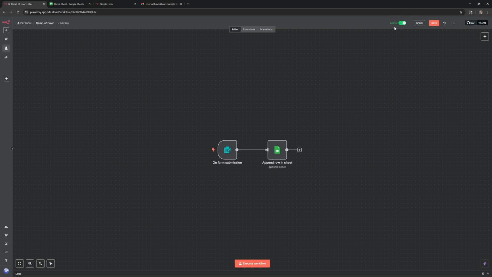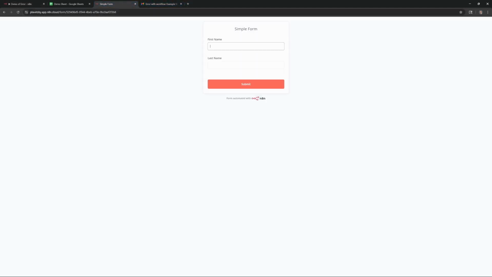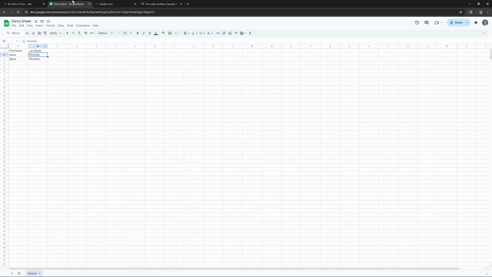But if you have it active and someone fills in this form, for instance, you're not going to have the screen up and you're not going to see it real time. So now that this is active, I just want to show you that it works correctly. So fill it in. We'll watch it pop in, there it goes.